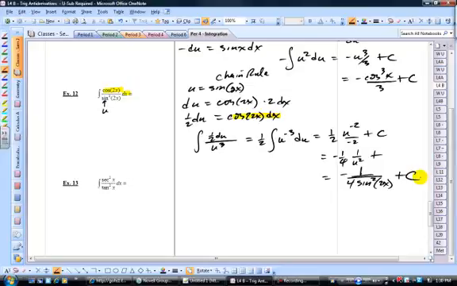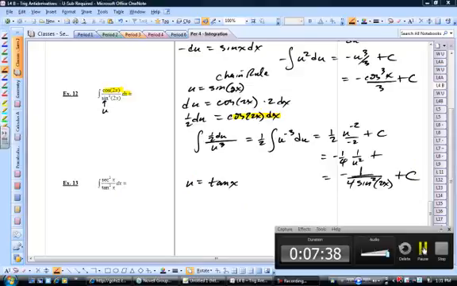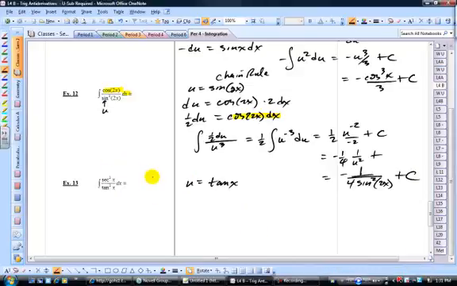There you go. Alright, the next one here, you want to pick a function whose derivative is somewhere else in the integral. And the derivative of secant is secant tangent, which is not in the integral, so that would be a bad choice. The derivative of tangent is secant squared. That would be a good choice. So your choice of u really matters here. Pick the function whose derivative is somewhere else in the integral. So when you differentiate,